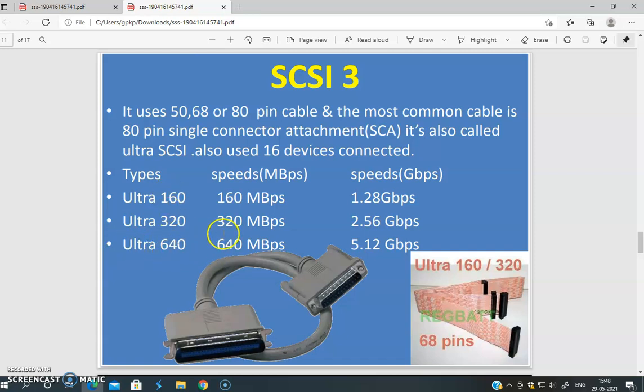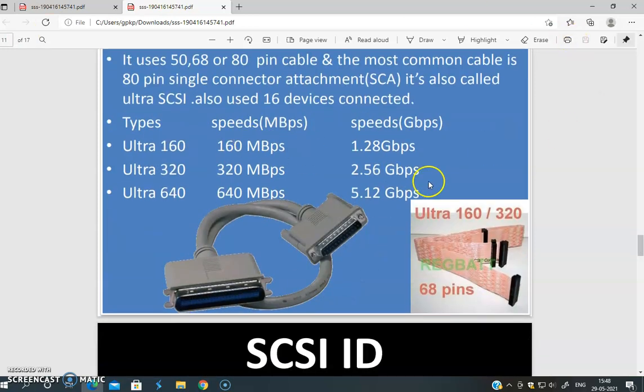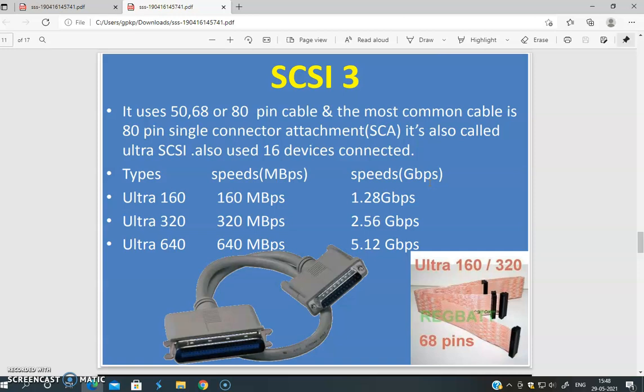According to these names, the speed is as per the names. Ultra 160 has a speed of 160 Mbps, 320 has 320 Mbps, and 640 has 640 Mbps. In Gbps also they have given the maximum speed for Ultra 160, 320 and 640.